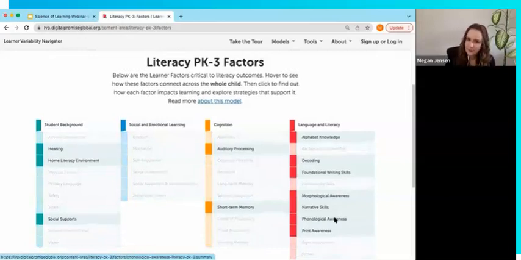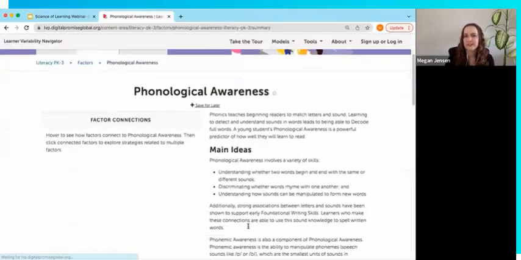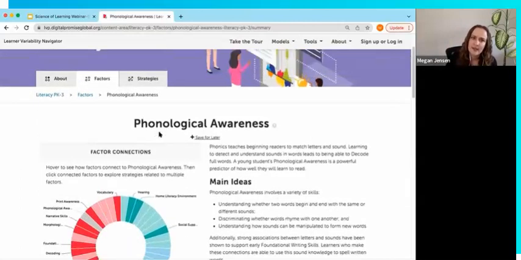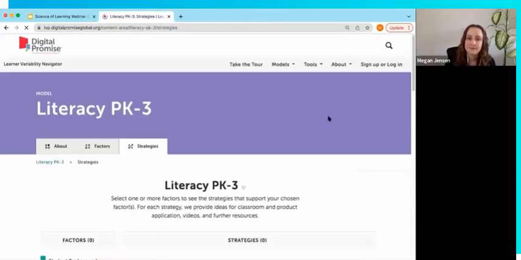together. What's really wonderful about the model that the folks at Digital Promise have created, and that this has been through synthesizing and applying a wealth of research, is that it immediately shows you those cognitive factors that underlie and support phonological awareness development. Here we have auditory processing and short-term memory. So what I'm able to do is first head into the phonological awareness category, make sure I'm really clear on what this skill is. But I can also seek out strategies that are going to help me do two things,